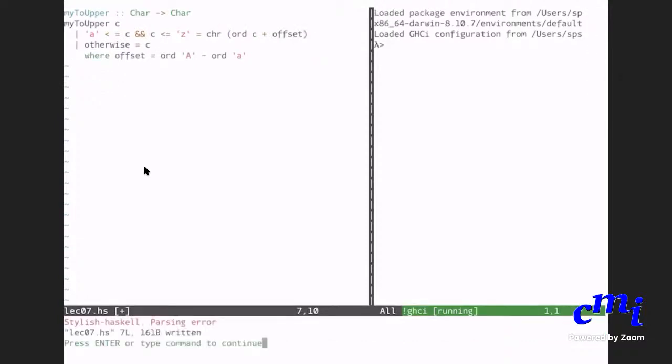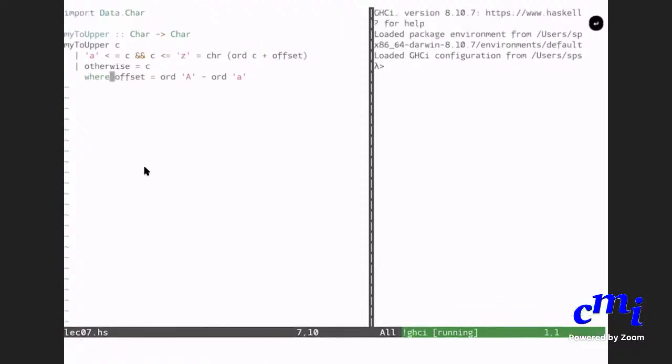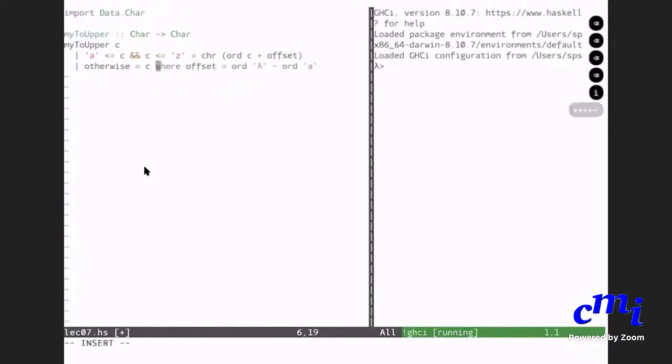Why is there a parsing error? Sir, there is a space between less than and equal to in the third line. Would that be causing a problem? Right, that is it. So it's not a styling error, it's actually an error.